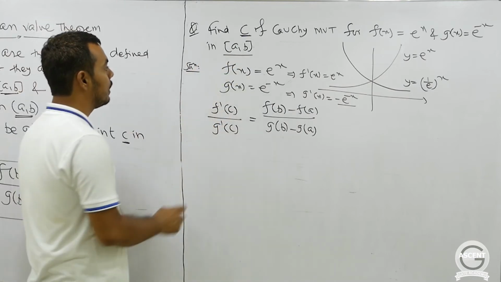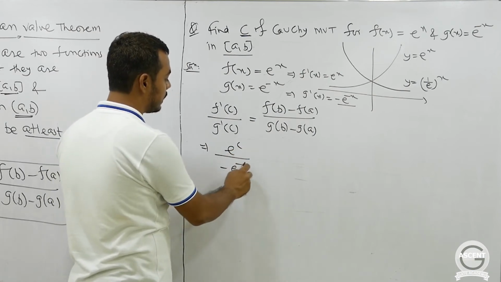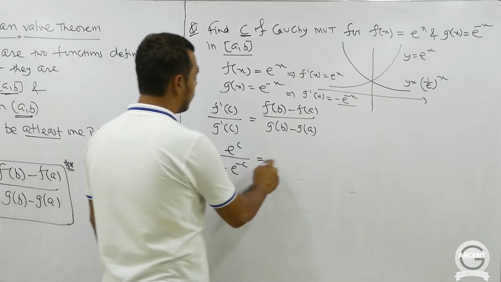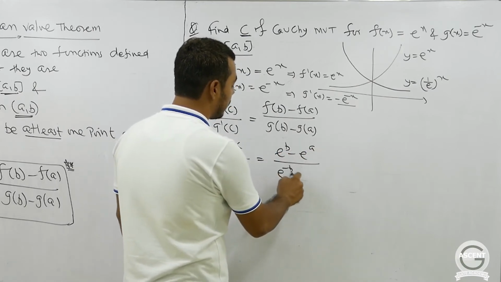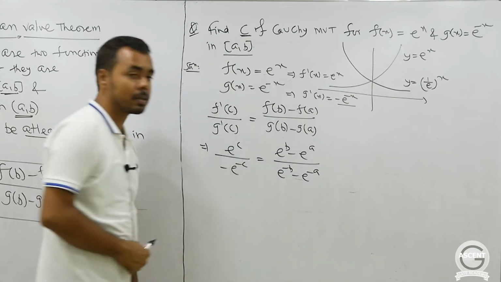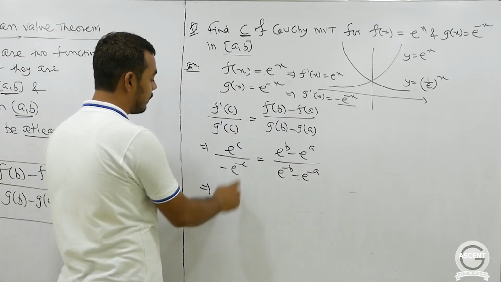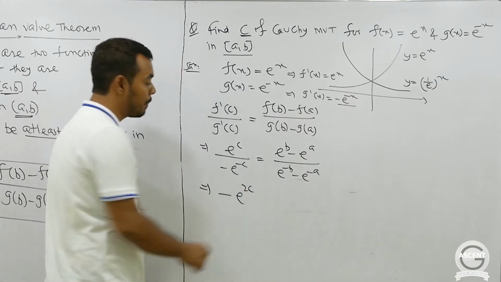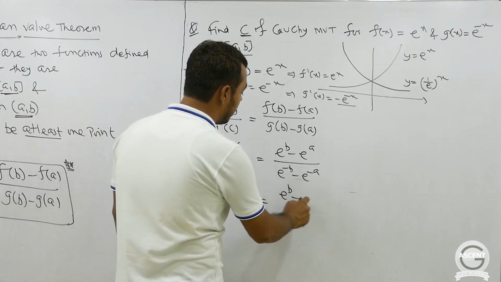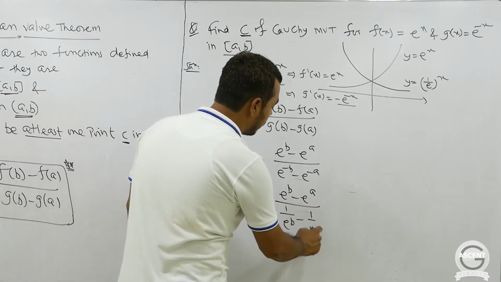is satisfied. So f'(c) will be e to the power c, g'(c) is minus e to the power minus c, f(b) is e to the power b minus e to the power a, g(b) is e to the power minus b minus e to the power minus a. So now we have to simplify this equation to get the value of c. So I can write this as minus e to the power 2c, and this will be e to the power b minus e to the power a by 1 by e to the power b minus 1 by e to the